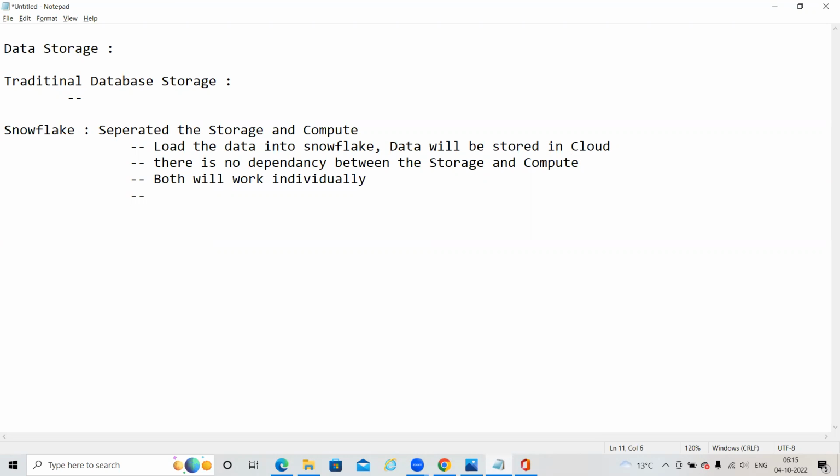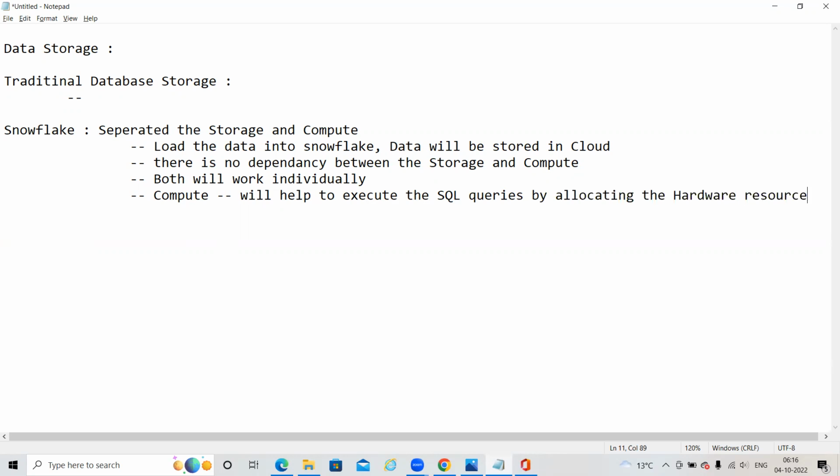So you can ask me, what is the compute? Compute will help to execute the SQL queries by allocating the hardware resources.